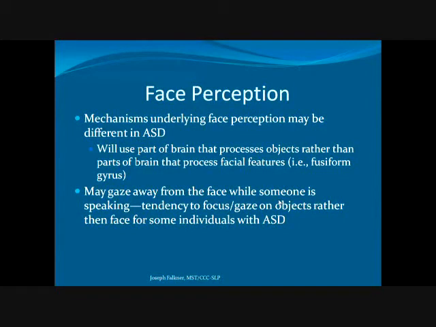These are things that really I need to begin to use the facial mask, which is around the eyes. And what studies have shown for some people is that they tend to use more the object center of their brain, or how we process objects, rather than how we process facial features. And processing facial features is something that the neurotypical brain is really designed to do very quickly, very efficiently. And for the person with autism, it can be much less efficient. Even if they can figure it out, it's done slower with a much less efficient system.